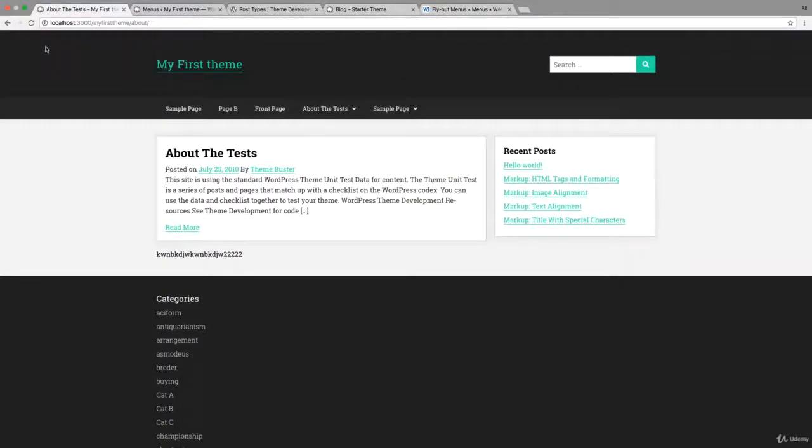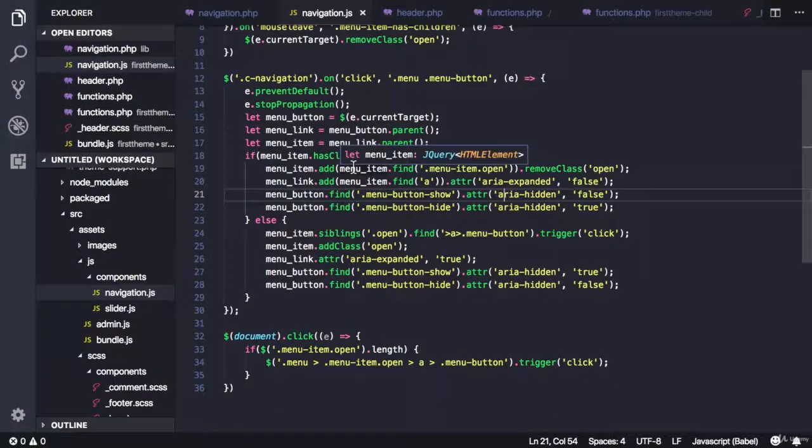Imagine now you're navigating using the keyboard. So the first thing you will focus on is the site title, and then the search, and then the search button, and then all these links. So this might be a lot of navigation to do before getting to the main content. So we need to figure out a way to skip to the main content directly without having to go through all of these links. So let's go to header.php,